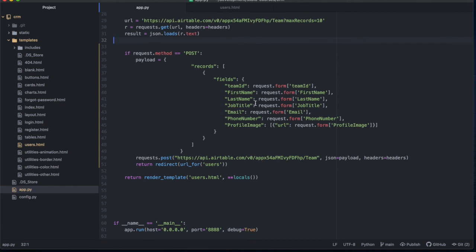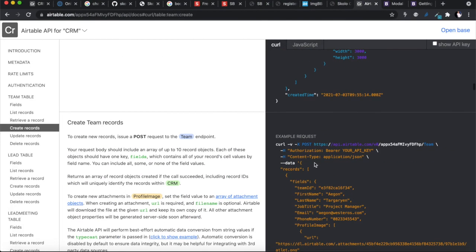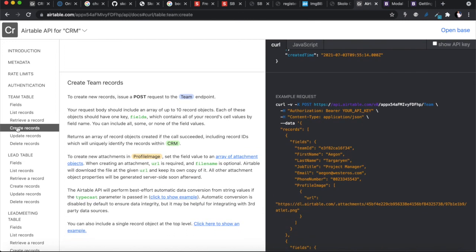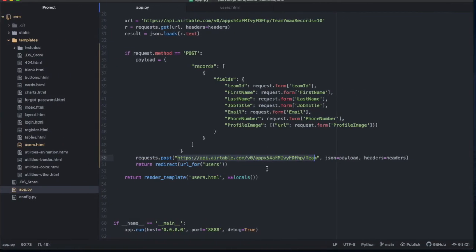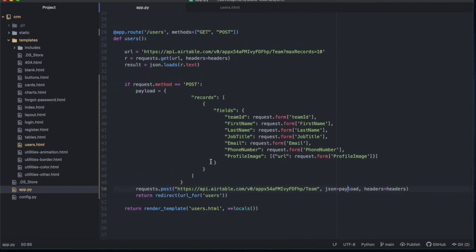It must be in this format exactly, and then once we've done that, we will post to this URL. This URL is the same URL that we got over there, so this is the post URL for adding and creating a new record. All right, so we'll post to that URL, and the JSON, we must call this payload, we must call it JSON, and then the headers is the headers, and then after that we'll return, and we'll see if that new record has been added. So it's quite a bit of code, but you can freeze this screen at any point, copy and paste the code. So I've done all of that, and I've pasted the code already inside of my virtual server,